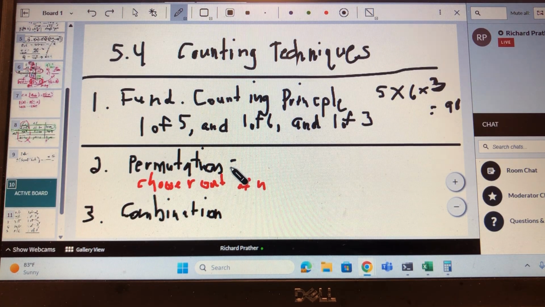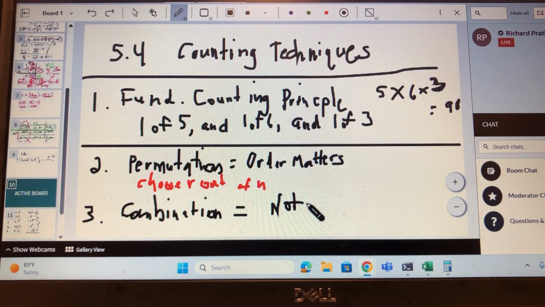And what's the difference between these? Permutation: order matters. Or it does not matter. Now, sometimes that's hard to tell. So another way of thinking about it is the objects or the people, whatever they are, if you treat them differently. If you treat objects or people differently, then order matters and it's a permutation. If you treat people or objects the same,